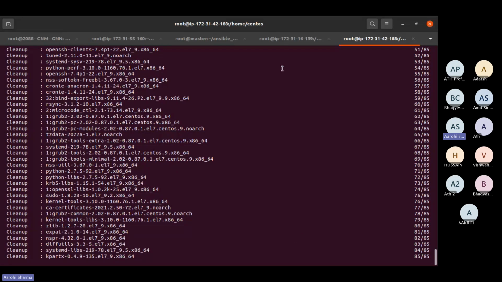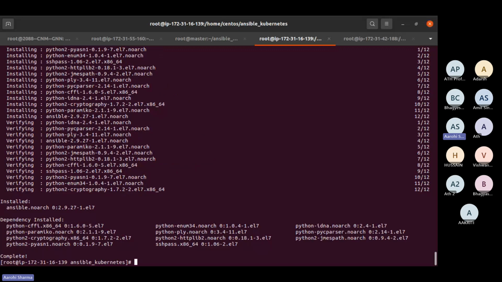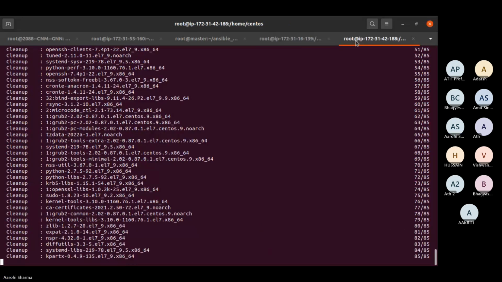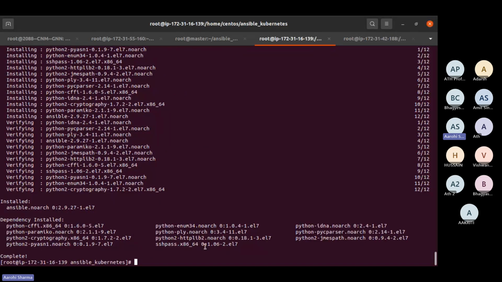So after this, what I'm going to do, over here I can do the SSH keygen, or firstly I'll show you the Ansible version. This is the command to check the Ansible version.